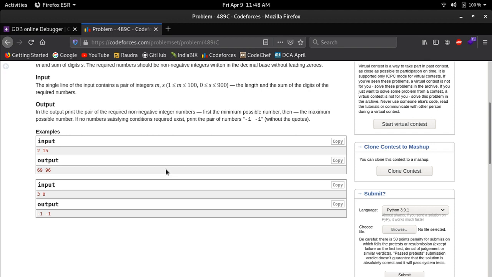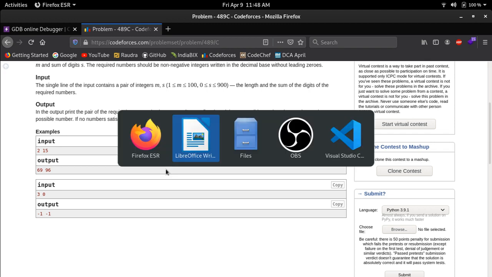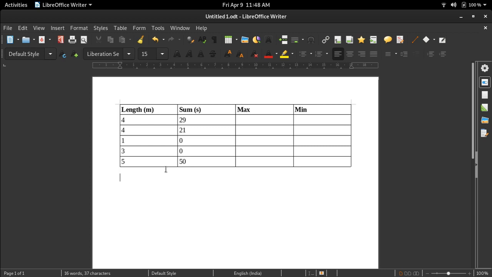Now we will be seeing the approach to solve the problem. We have taken a few sample test cases here. Let's start with the first basic thing: when someone asks you to find the maximum number of one digit, what will you say? You will say 9.